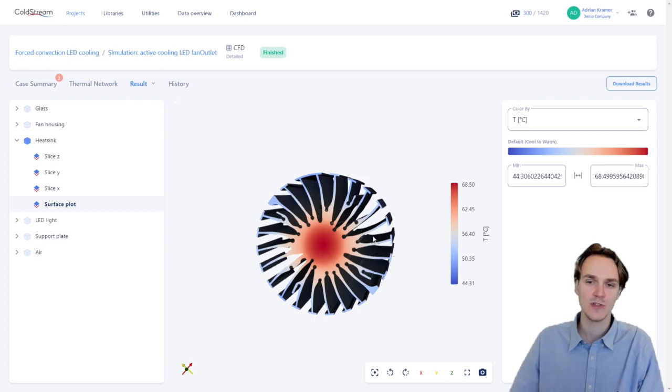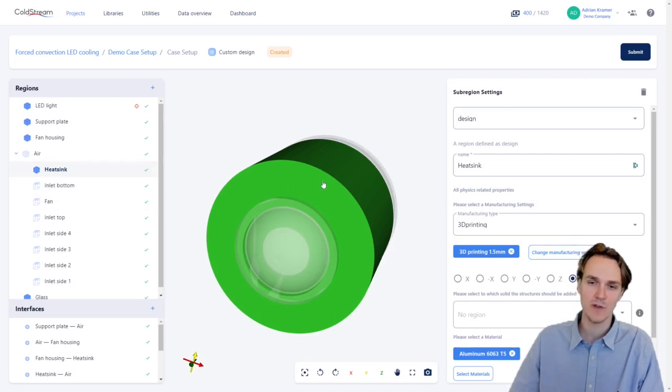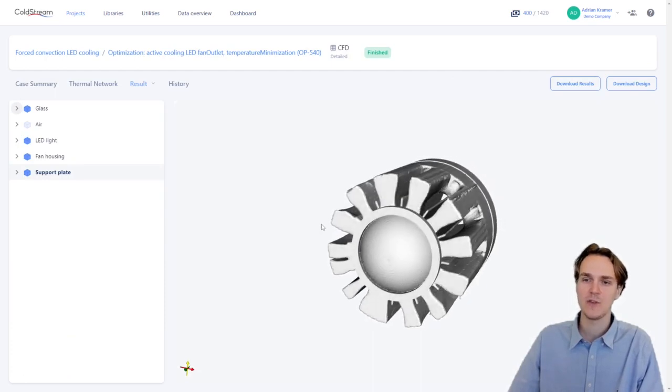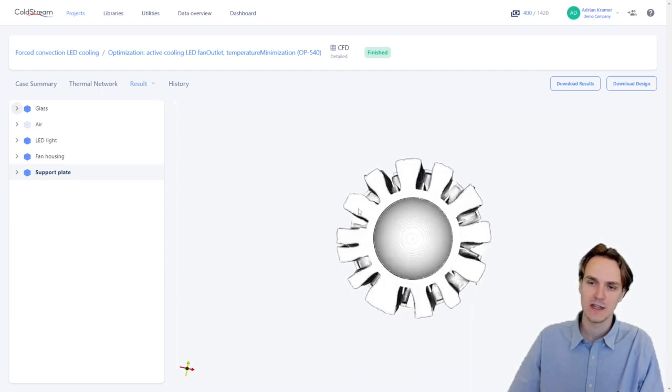So then we wanted to redesign this heatsink, and so now switching over to the creation case of the custom design. Essentially here, this green volume is then the design space. We simply replaced the existing heatsink and included a new design space for ColdStream to do the topology optimization. There it was also on a 3D printing setting, and the only target in this case was a temperature minimization. So switching tabs once more, here you then see the finished custom design, and this is in fact the heatsink